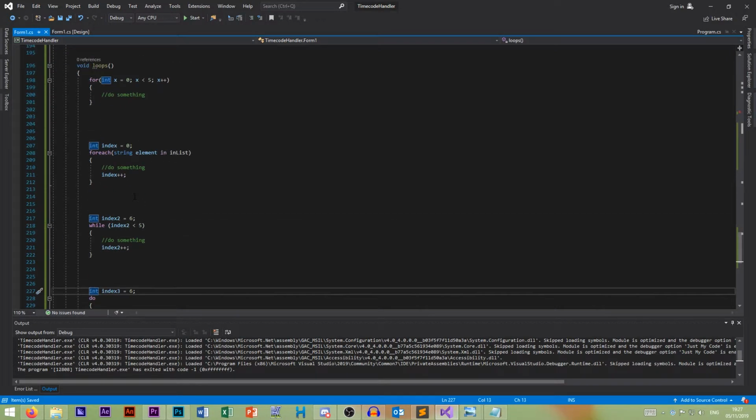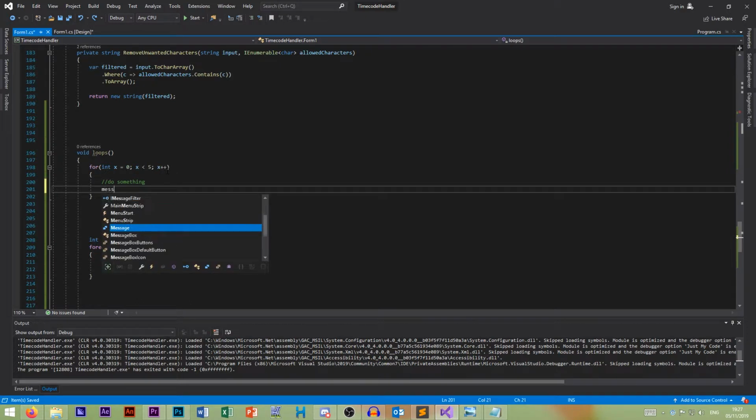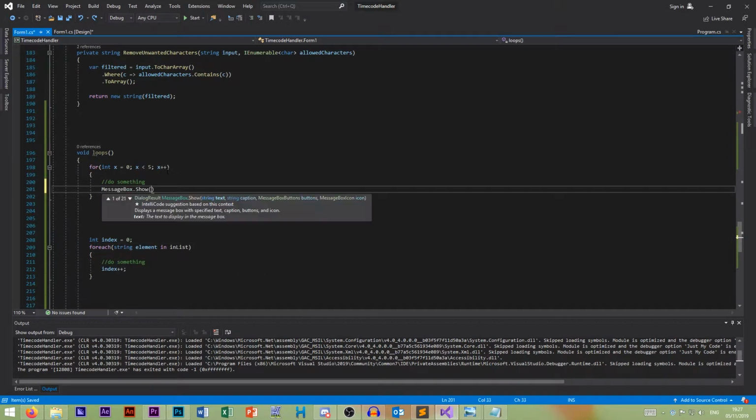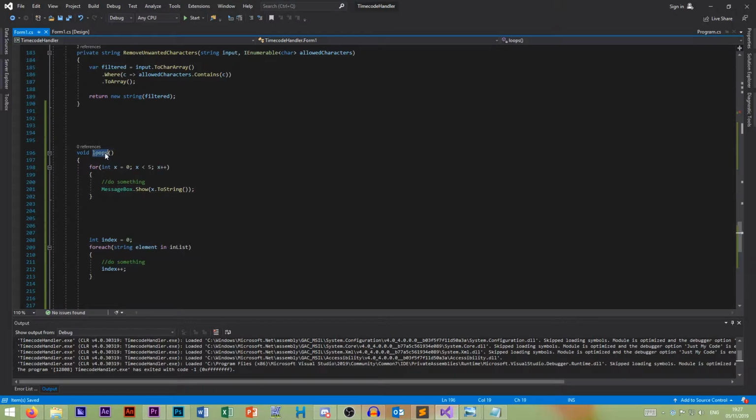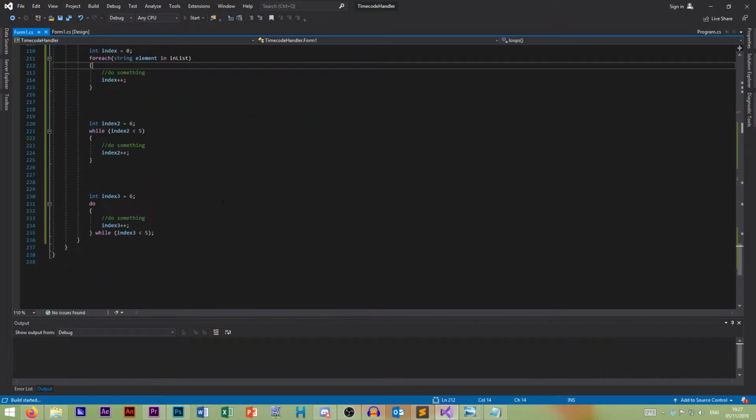So if we show all of these in practice, within our first one, let's do messagebox.show, and we will output our x value to a string. And let's just put the loop. I'm just going to put the loop after everything is ran. So if I press this button,